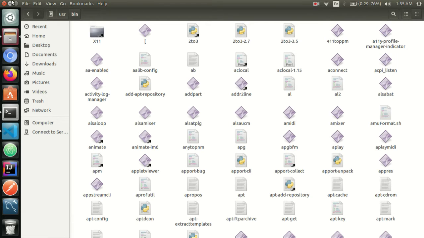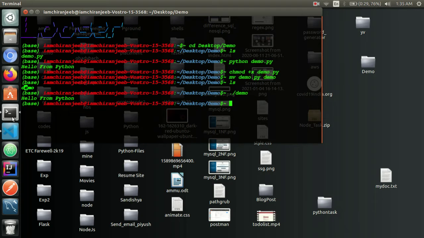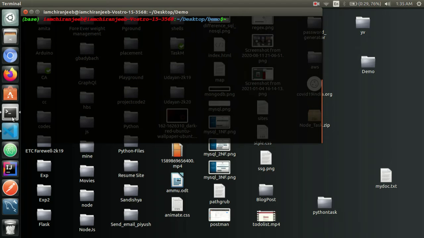Okay, let's do that. I am clearing my screen here. So I am not moving that file to /usr/bin, I am copying that file to /usr/bin.